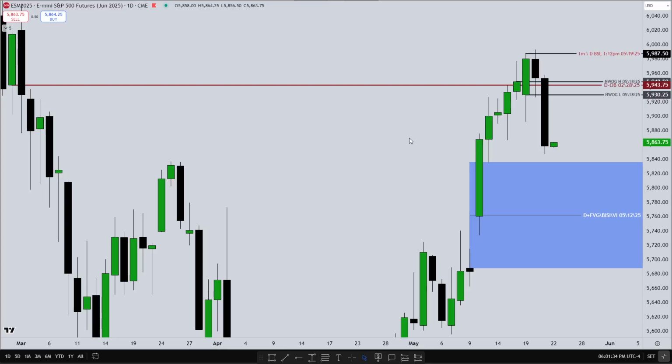This could be just a pseudo fall to clear the liquidity below these lows. But we do have this nice low over here. It could revisit this imbalance, and I'll speak on that shortly, but I do favor this imbalance. So if I really had to say, this high right here,